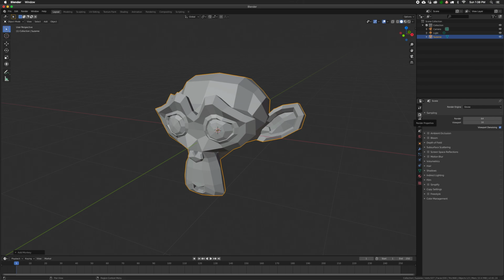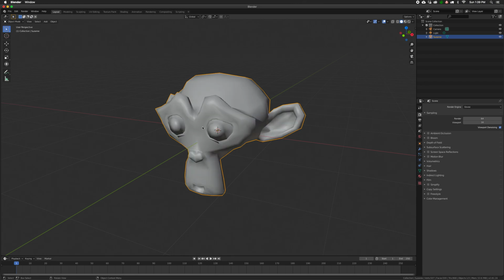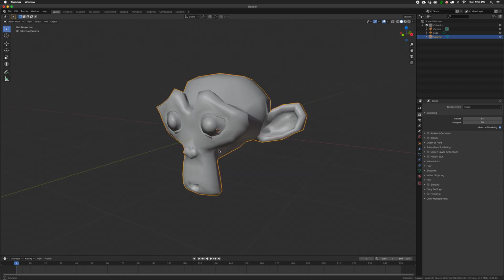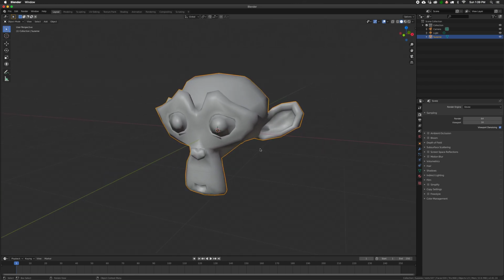Now, rendering is basically creating a two-dimensional picture of your scene. And if you have different lights and shadows and camera placement, you create a kind of composition that you like. It's like making a photograph of your scene. So let's right click on this and smooth shade it a little bit,